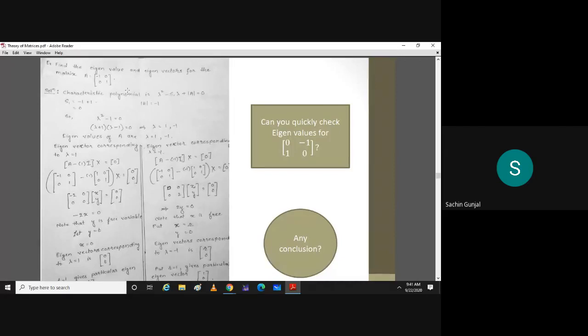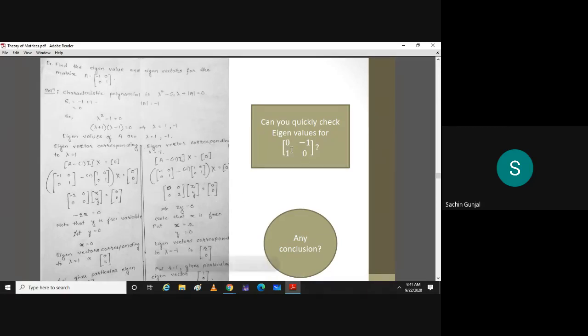Then we looked at these problems. Minus 1, 0, 0, 1, which is a 2 by 2 matrix, whose characteristic equation was lambda square minus s1 lambda plus determinant of A equal to 0. So s1 is 0 and the determinant is minus 1. So lambda square minus 1 equal to 0 is the characteristic equation, and 1 and minus 1 are eigenvalues. There are two vectors corresponding to the two eigenvalues. So 0 comma 1 corresponds to 1 and 1 comma 0 corresponds to minus 1.